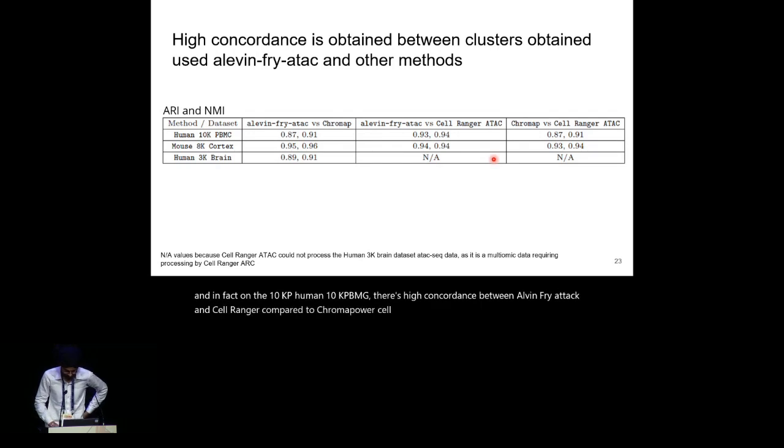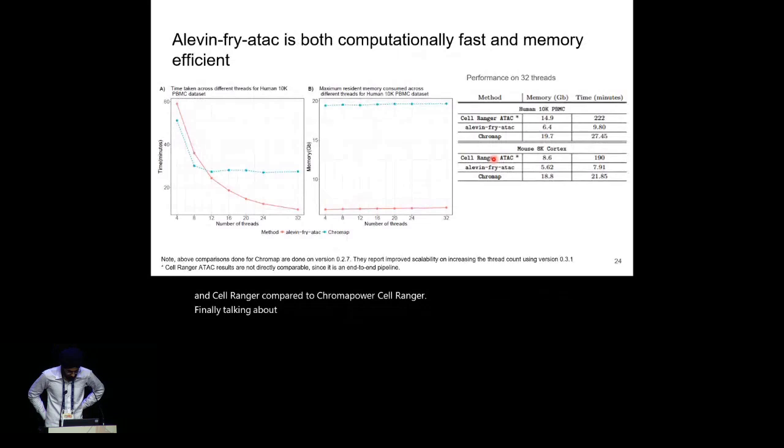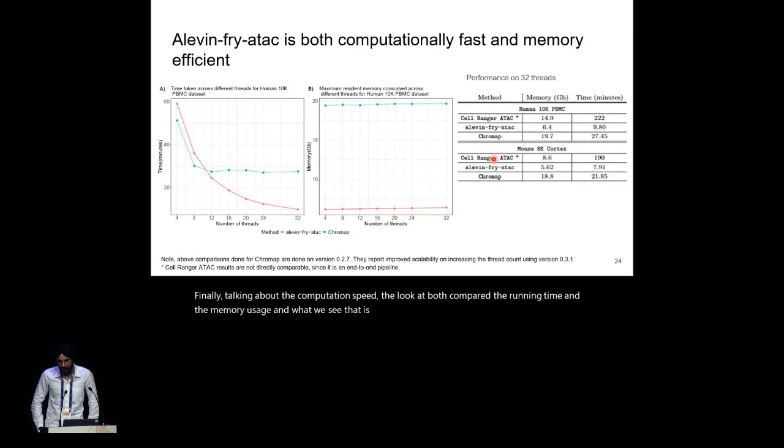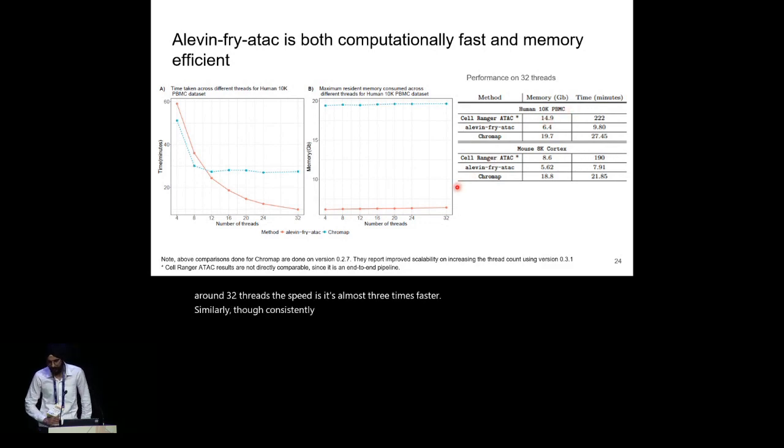Finally, talking about the computation speed, we compared both the running time and the memory usage. What we see is that at a lower number of threads, chromap is faster. But as we keep increasing the thread count, the scalability of Alevin-fry-atac is better. Around 12 threads, it starts improving, and at around 32 threads, it's almost 3 times faster. Similarly, consistently across the threads, the memory usage of Alevin-fry-atac is about 3 times smaller